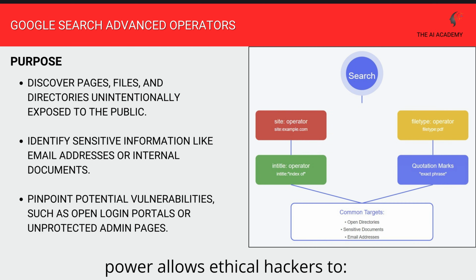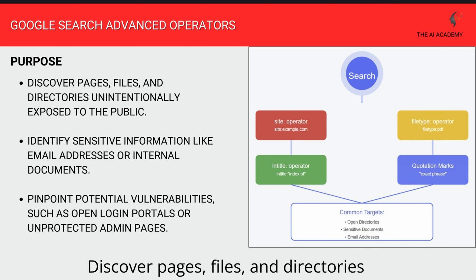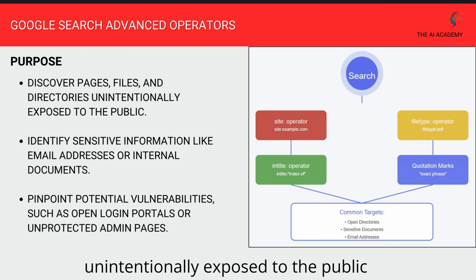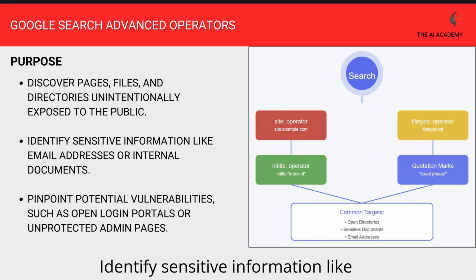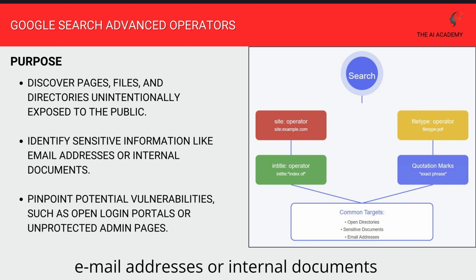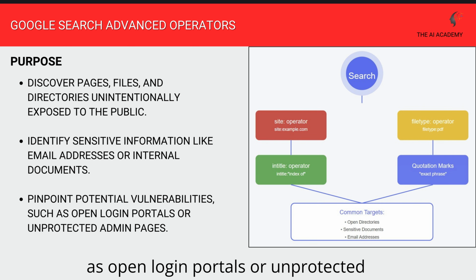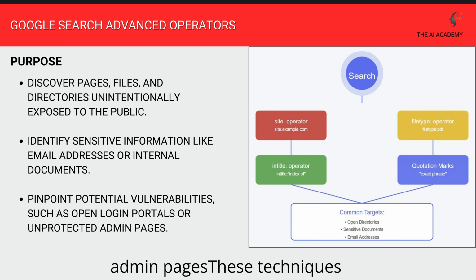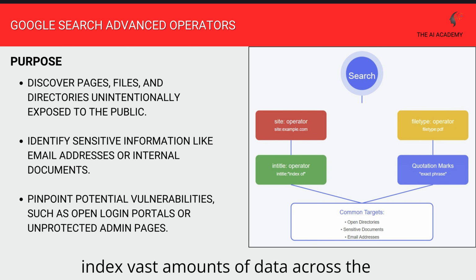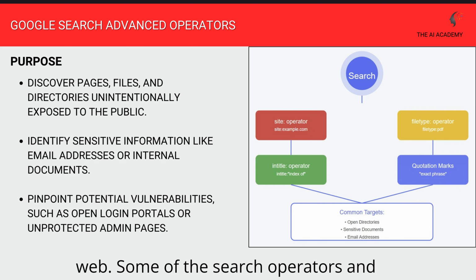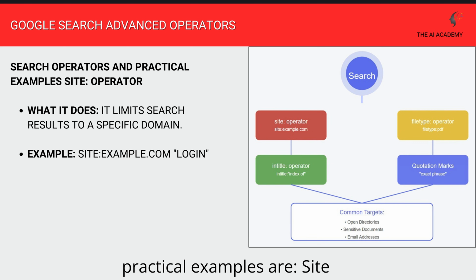Google's indexing power allows ethical hackers to discover pages, files, and directories unintentionally exposed to the public, identify sensitive information like email addresses or internal documents, and pinpoint potential vulnerabilities, such as open login portals or unprotected admin pages. These techniques rely on Google's ability to crawl and index vast amounts of data across the web. Some of the search operators and practical examples are: